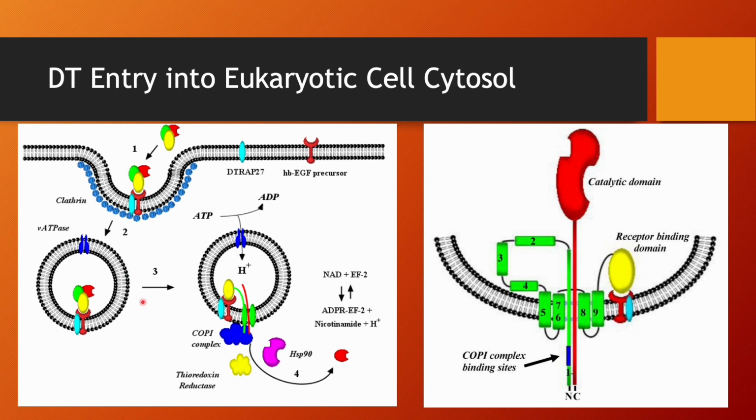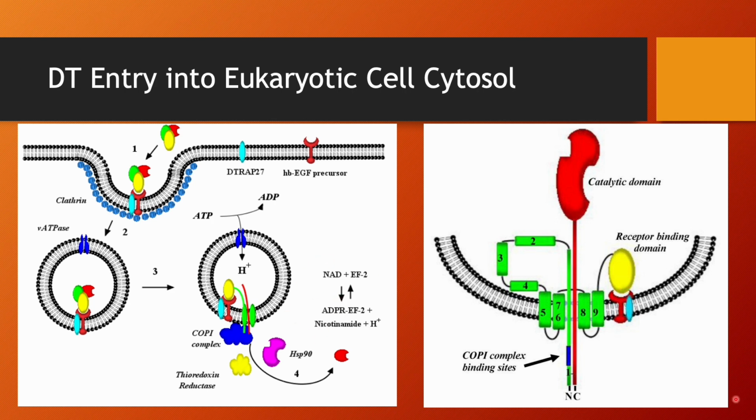spontaneous dynamic reorganization and inserts into the membrane, forming a pore, right here, through which the C domain, the catalytic domain, is delivered into the cytosol, shown here. After a conformation change, so it kind of goes from looking like this, transfers to the pore, and ends up looking like this. The C domain is refolded into an active conformation, and it catalyzes the ADP ribosylation of EF2,